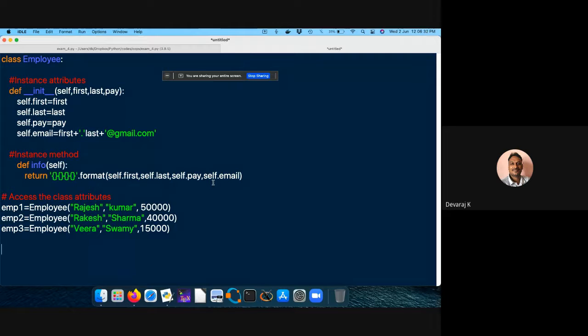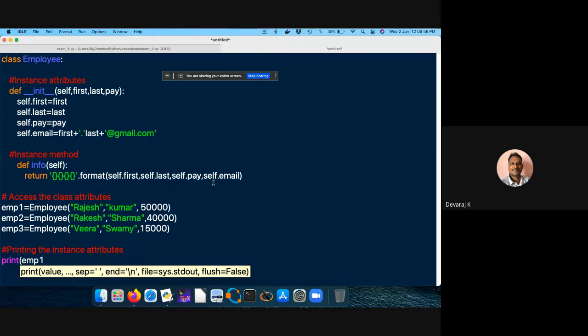So simply I can go here. What I used to do earlier was have the print statement inside the instance attributes. Now I'm trying to have this print outside. So, printing the instance attributes. Let me print emp1.info, I need to get all the info.